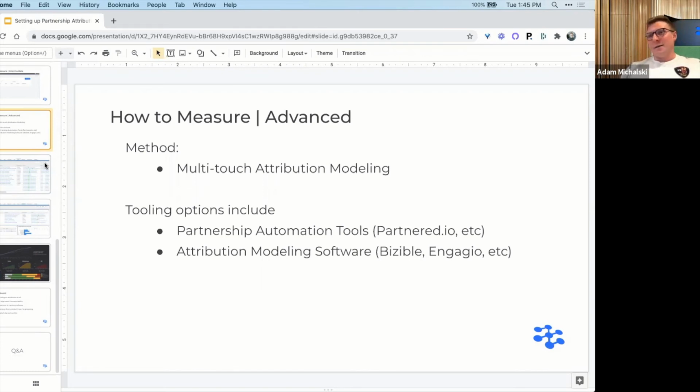The idea of only ascribing a particular touch point as the end-all-be-all will, in my opinion, become more archaic over the coming years, because the reality of any sale or conversion event is that a lot of different things will influence it across the entire journey. So you have to account for each one of those to really understand the more holistic picture.